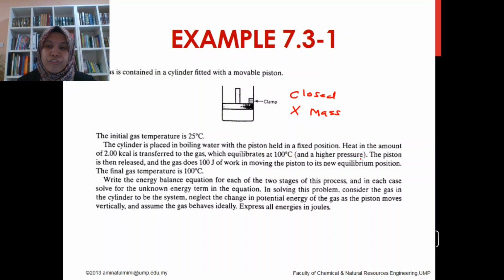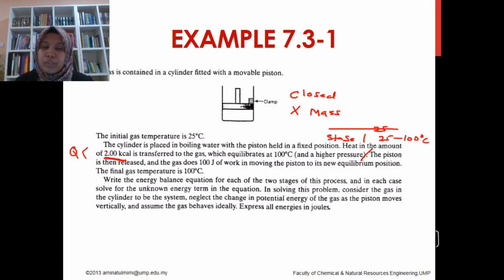with the piston held in a fixed position. Heat in the amount of 2 kilocalorie. So this means Q, okay, Q represents heat. So the heat that has been supplied into the system is 2 kilocalorie. After that, the system equilibrates at 100 degrees. So this can represent stage 1, okay, where the temperature goes from 25 to